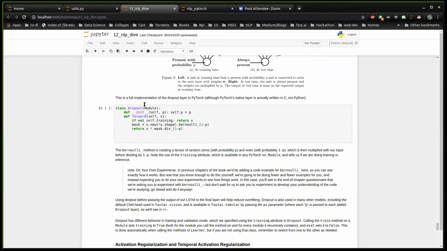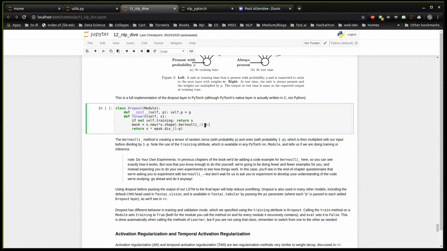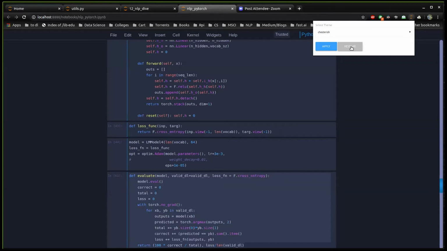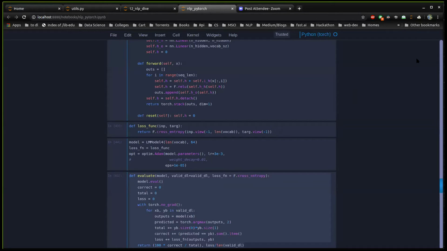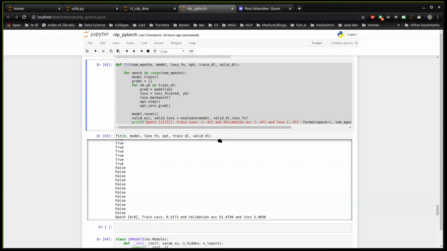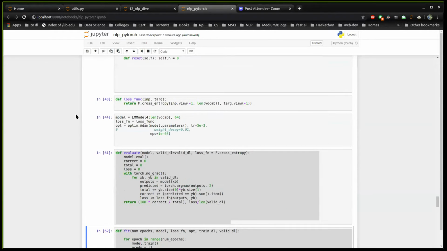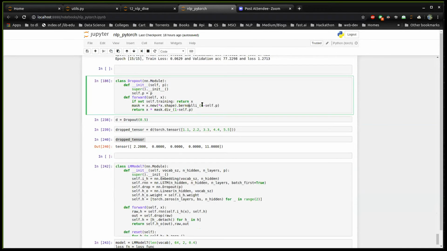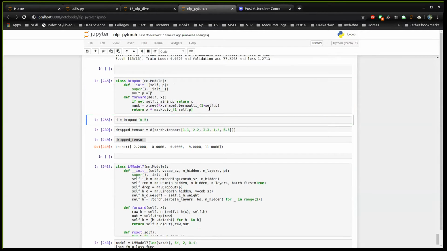So there is a small mistake in this. It should be self.p, not p, because p is an attribute of the object. And I did the same thing over here. I'll just show that. Yeah, so the only difference is that you have to write self.p,